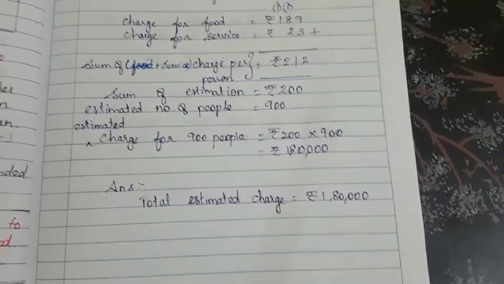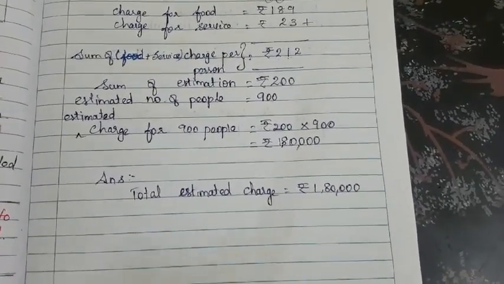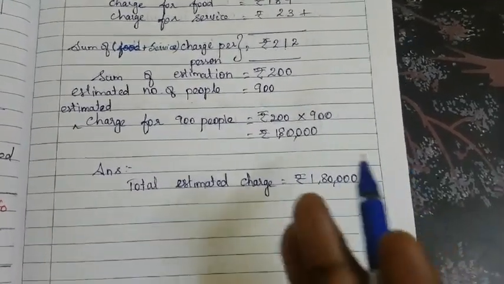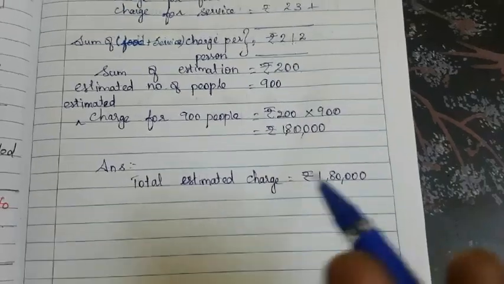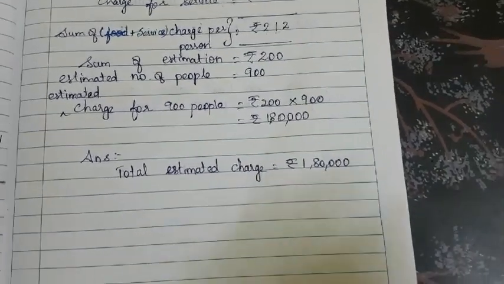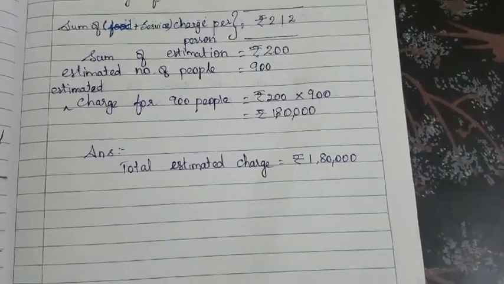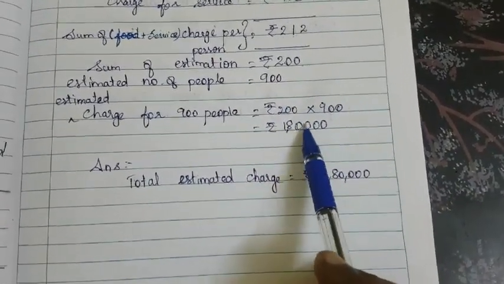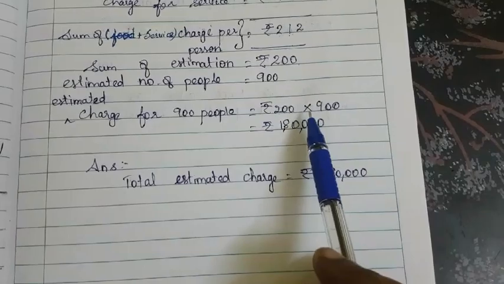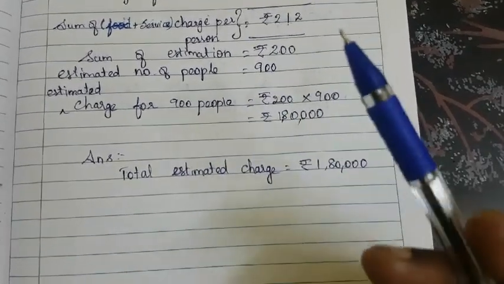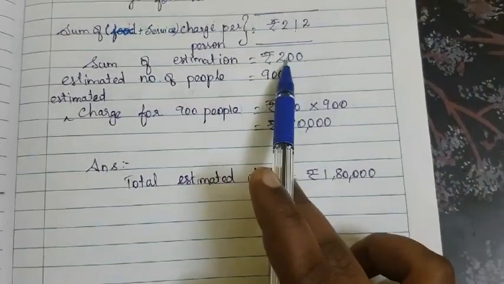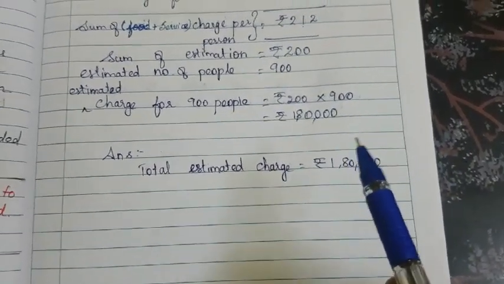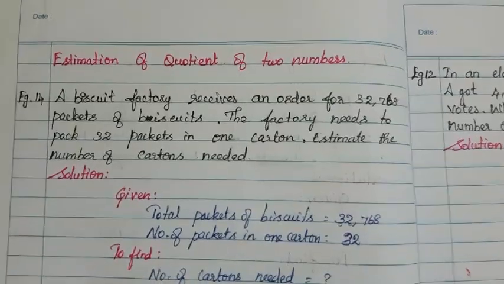Whenever you are doing a word problem by estimation, not only word problems, any process, it may be addition, subtraction, multiplication as well as division, first you have to estimate, and only after that do the process. If you do it directly it will take time. So first you do the estimation, then you do the calculation. Okay, so let's move on to the next question.